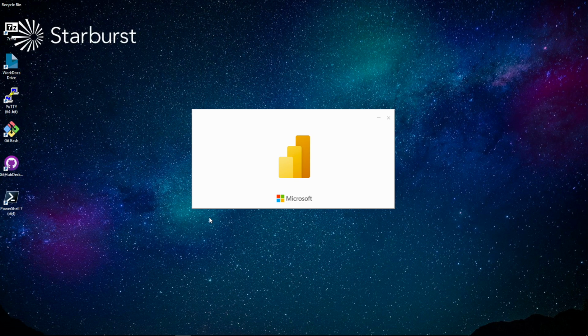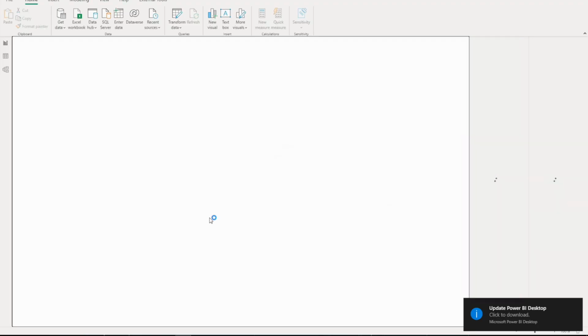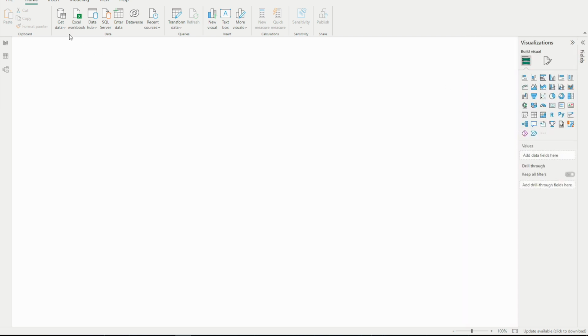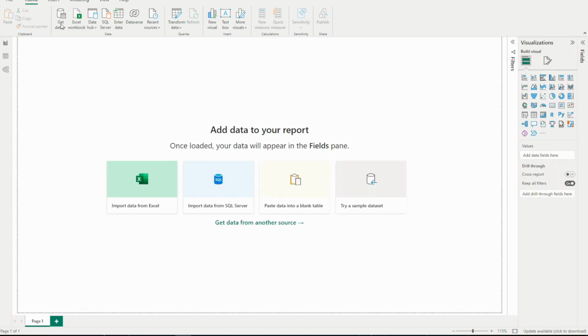This is a fairly underpowered Amazon workspace, so things go a little bit slow. But with that, the first thing we do when we go into Power BI is click through all the pop-ups that they have. We'll get rid of those. Once it's ready, we go to Get Data, click on More. In the search bar, which will pop up here in a second,